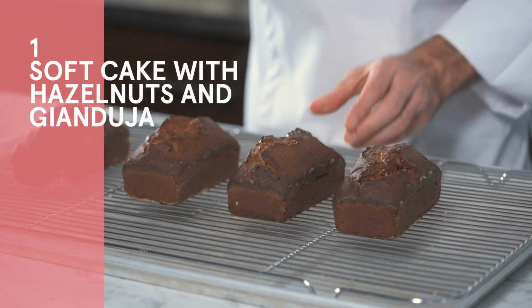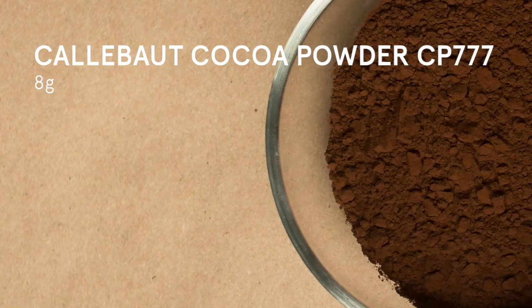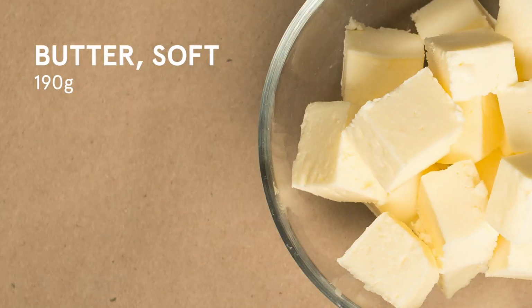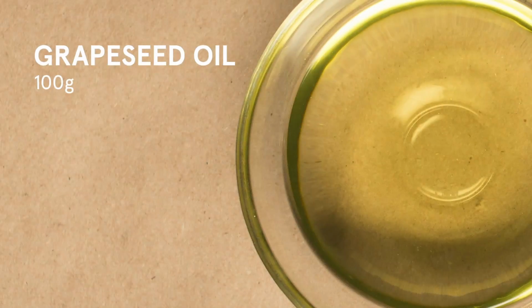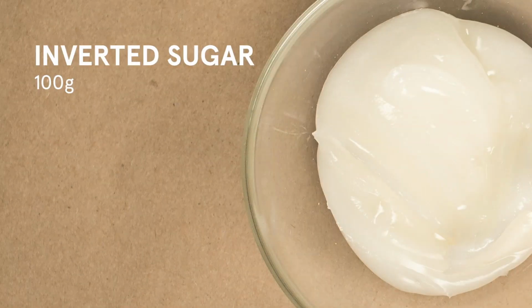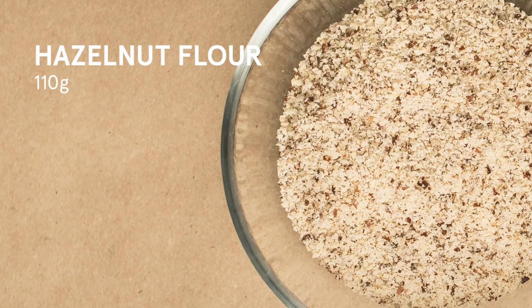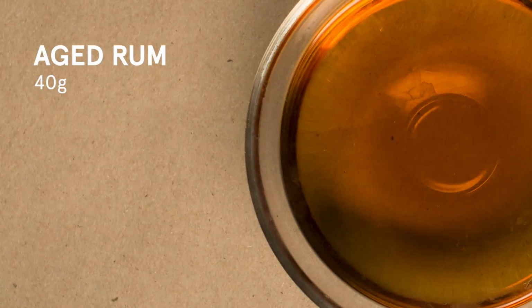For this recipe, we will need 180 grams of Callebaut Gianduja that will be used in the dough, 8 grams of Callebaut cocoa powder, 190 grams of soft butter around 24 degrees Celsius, 100 grams of grapeseed oil, 105 grams of sugar, 100 grams of invert sugar, 275 grams of eggs, 110 grams of hazelnut powder, 40 grams of aged rum,